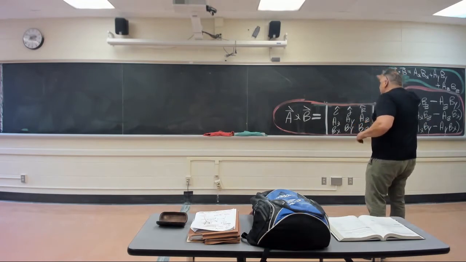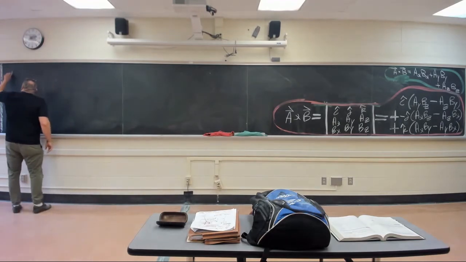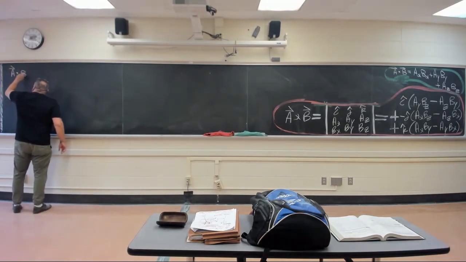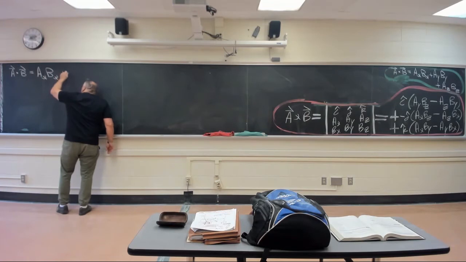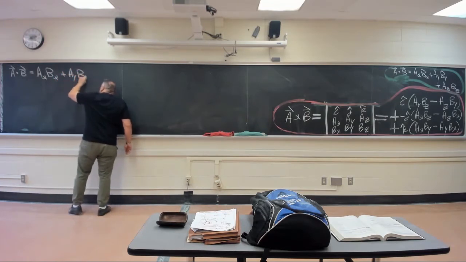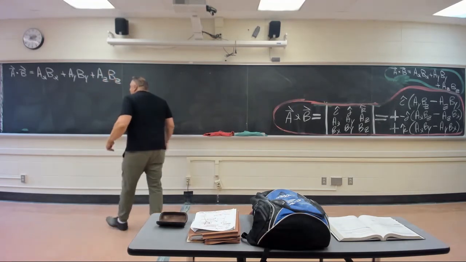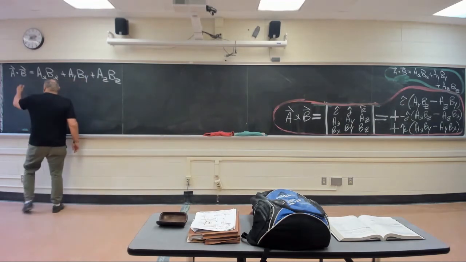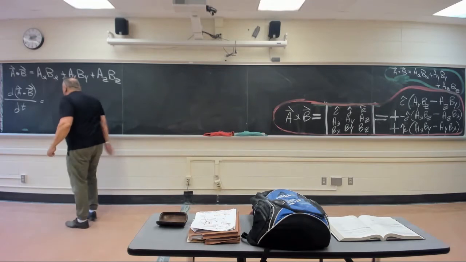All right, well, let's take a look here. We got A vector dot B vector, and we got A vector cross B vector. So A vector dot B vector, we have said, is A_x B_x plus A_y B_y plus A_z B_z. And the dot product of two vectors is a scalar function. d/dt of A vector dot B vector is going to be d/dt